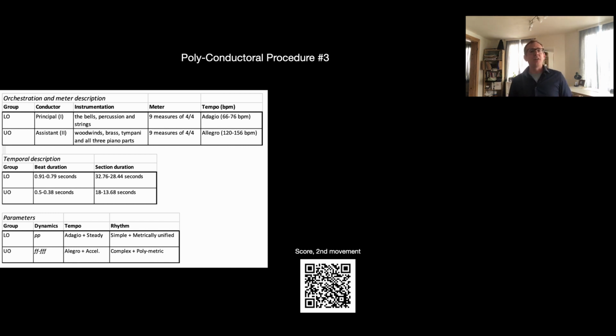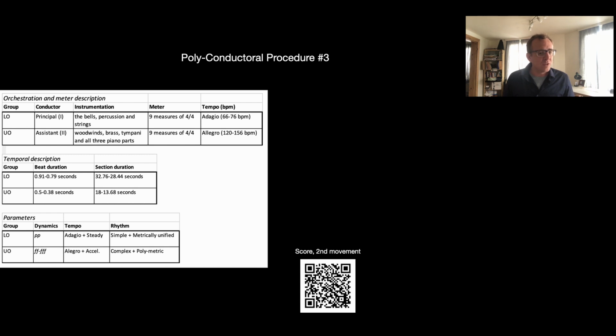At figure 8, our third example, Ives splits the orchestra into two groups, an upper orchestra, which resembles a kind of wind band, and a lower orchestra that looks like a string ensemble. Besides this instrumentation, the two groups also differ from each other in three parameters: dynamics, tempo, and rhythm. As far as tempo, the second, is concerned, as shown above, even without the indicated acceleration, the upper orchestra would arrive at the fermata in the measure before figure 9, the tutti, roughly 15 seconds earlier than the lower orchestra, and then add on top of that the accelerando.